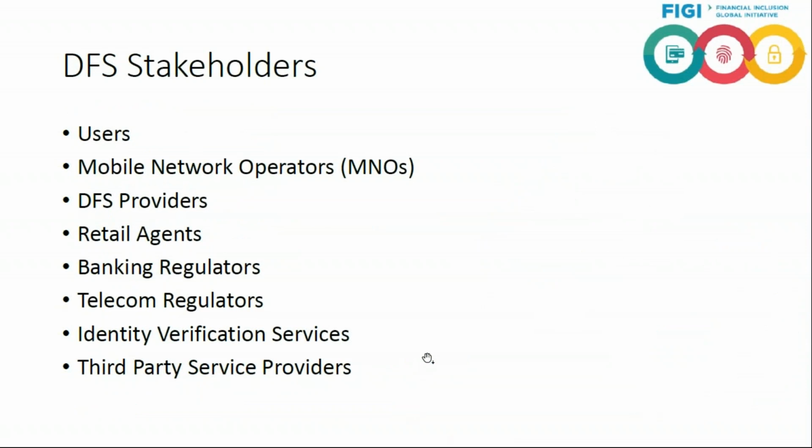Okay, so this is the DFS ecosystem, DFS stakeholders, various stakeholders involved. At the bottom of the pyramid is the user of the DFS, and then the DFS services are riding on mobile network operators' delivery channels, and then there are DFS providers. They can be banks, they can be e-money operators, then there are retail agents, then banking regulators or payment regulators, and in our case we are also the payment regulator and the bank regulator, then the telecom regulators, then ID authorities. We have a very robust ID authority in Pakistan, the National Database and Registration Authority,